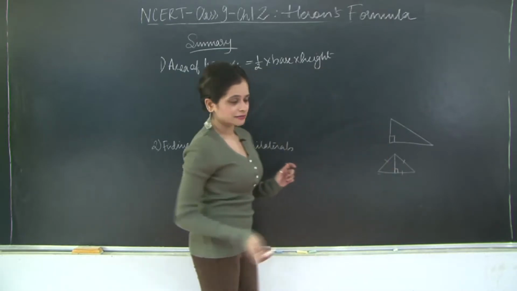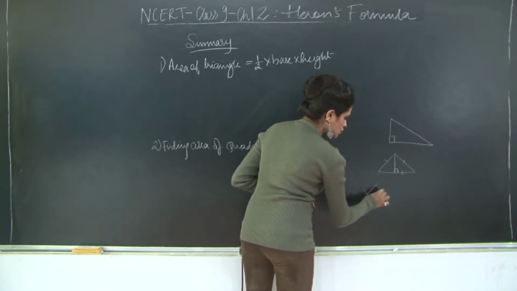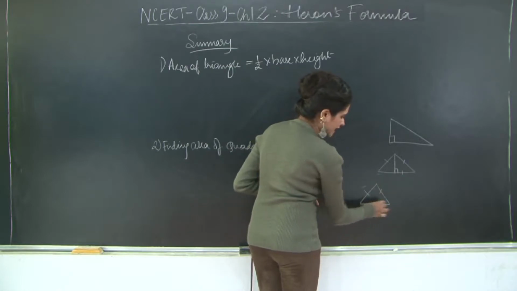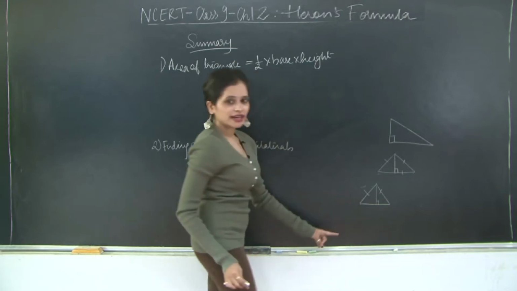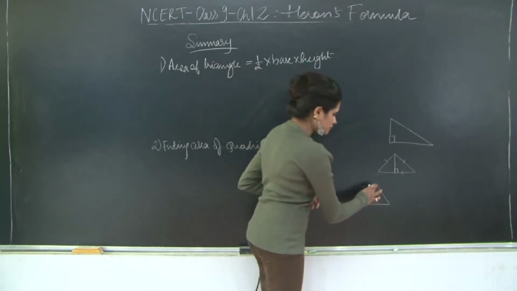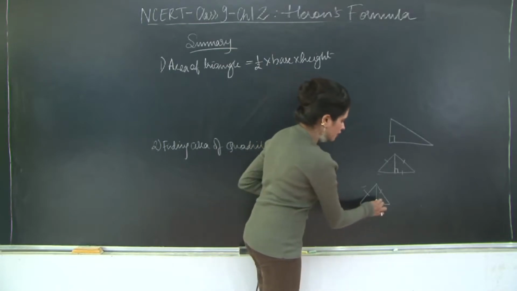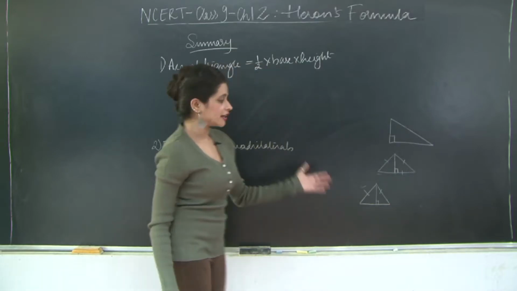Then I can find the area of triangle using half base into height. Similarly, if I have an isosceles triangle, so these two sides are equal, I've been given one of the congruent side and this base. Again, I can draw a perpendicular out here. We know that in an isosceles triangle, this perpendicular is also the median. Therefore, we can find the height and we already have the base, so we can find the area of your